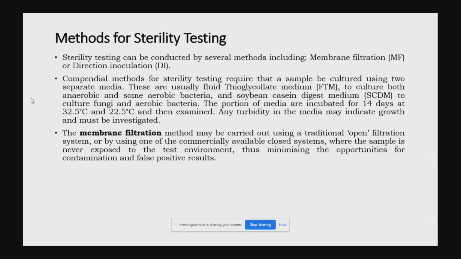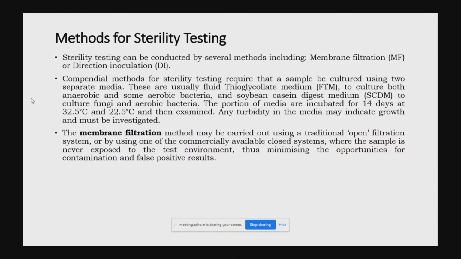So how do we perform the sterility test? In sterility, we use the same membrane filtration technique. In sterility, two types of methods are available. One is the conventional method. What is the conventional method? It's a kind of open method. In that, what we do, we take the filtration assembly, we keep the membrane filter, transfer the products, filter out the products, wash it, and after completion of that cycle, we pull out that membrane, and we cut the membrane into two equal portions.